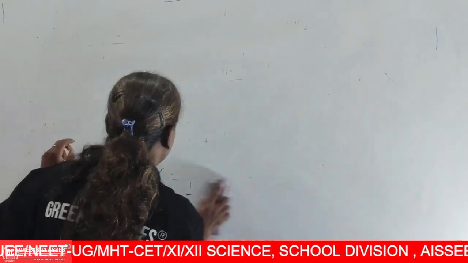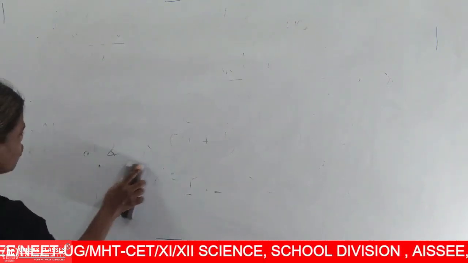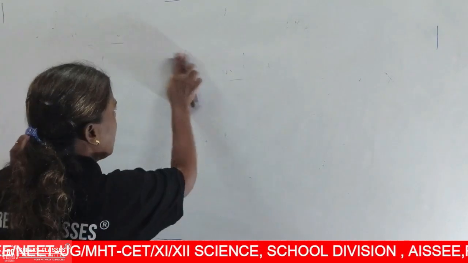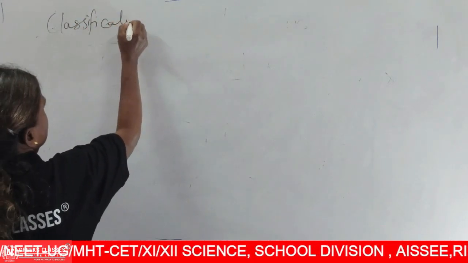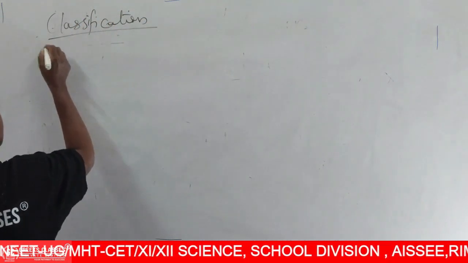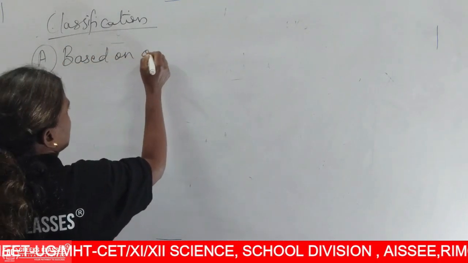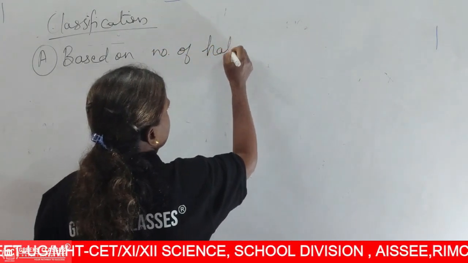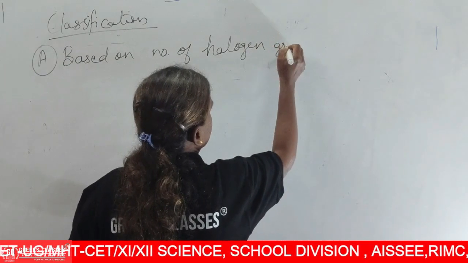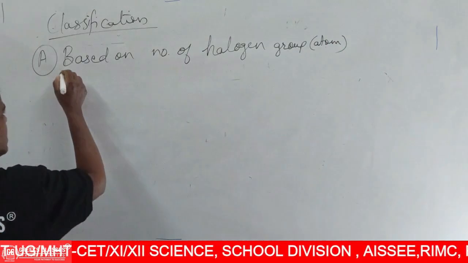The first point in the classification is based on the number of halogen groups that are present on the alkyl group. That means classification, first one, based on the number of halogen atoms. So let us say, for example,